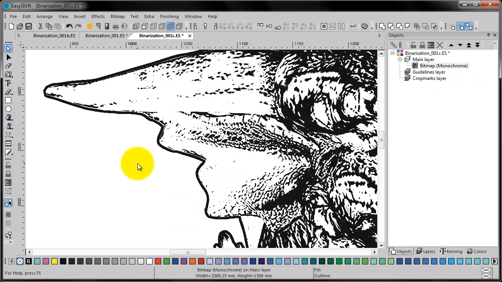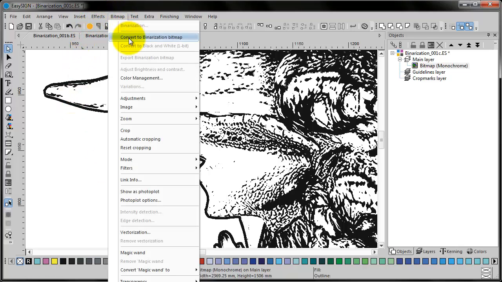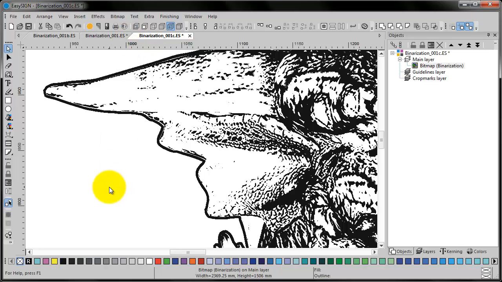When the conversion is done, there is only one very important step left. Because we changed the design in the monochrome bitmap, we've lost the binarization properties. These important properties can be assigned again by using the menu Bitmap Convert to Binarization. Simple as that.